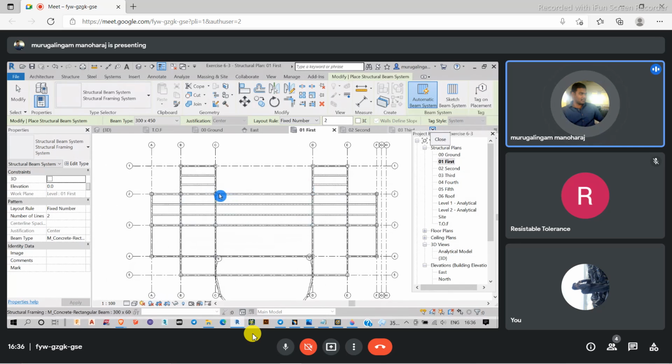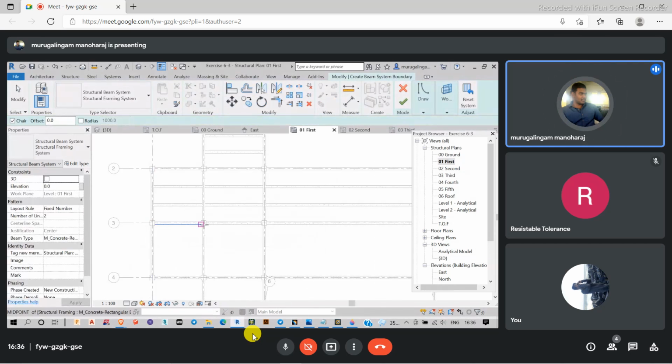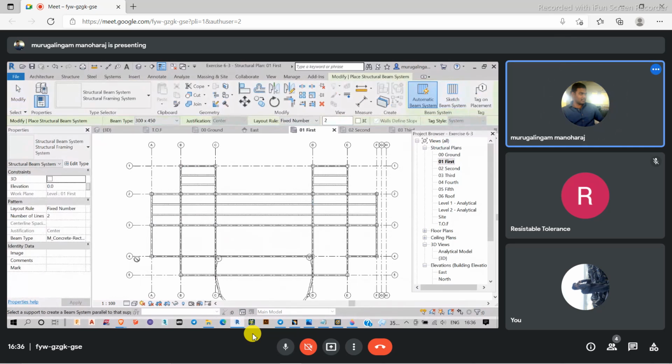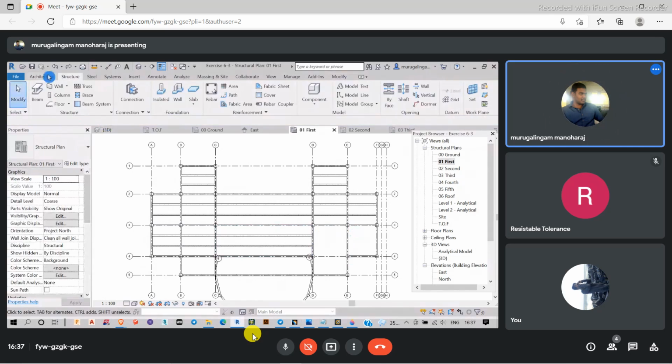if the surface is some kind of polygonal surface, I can always use the sketch option. In the sketch option, I have to draw and create them. I don't want to draw because everything is arranged properly for the beam system. So sorry, once again, Control Z. Skip. I forgot to create a beam here.